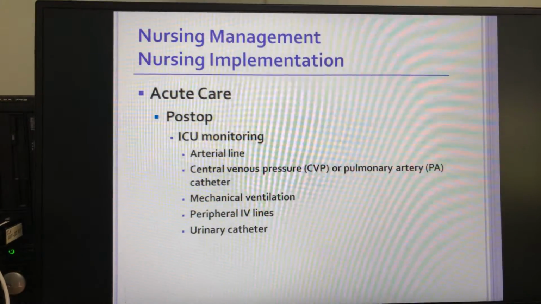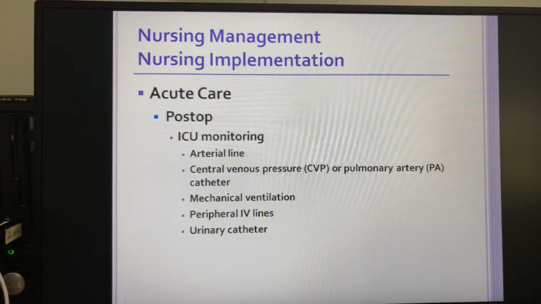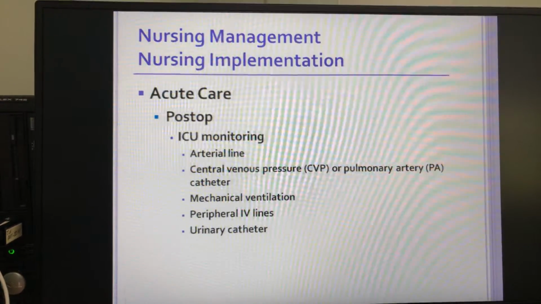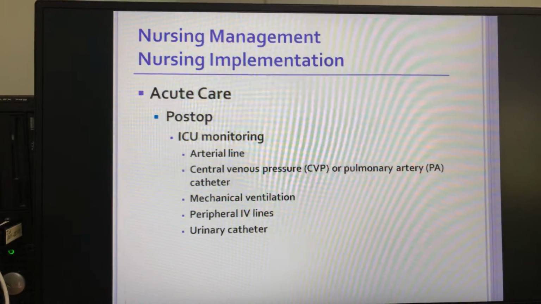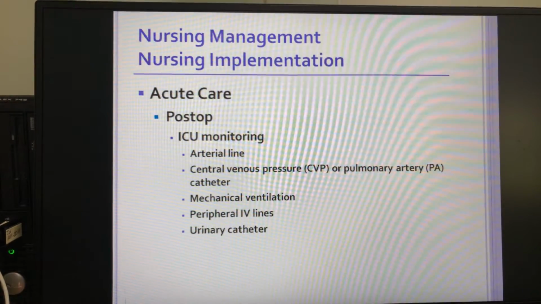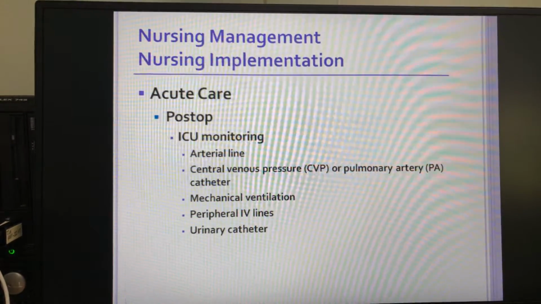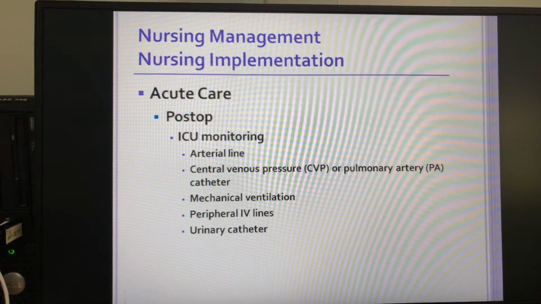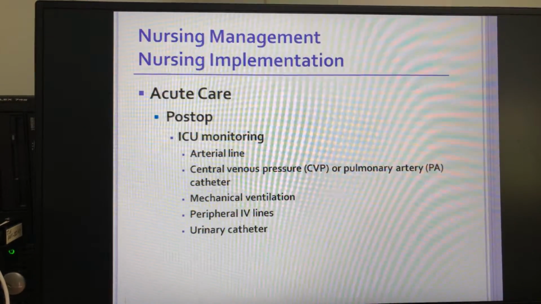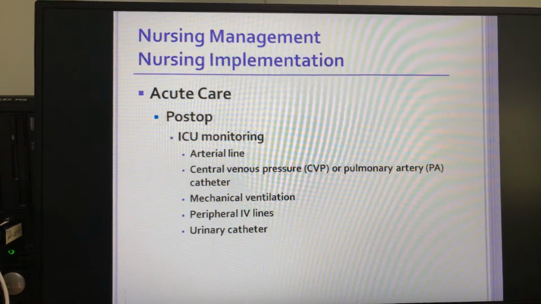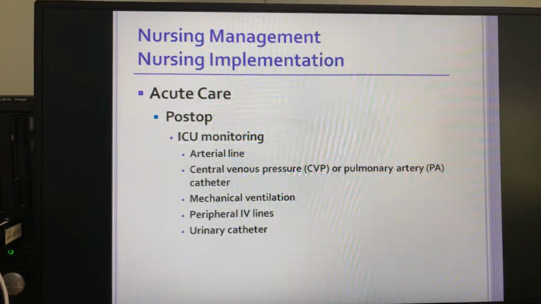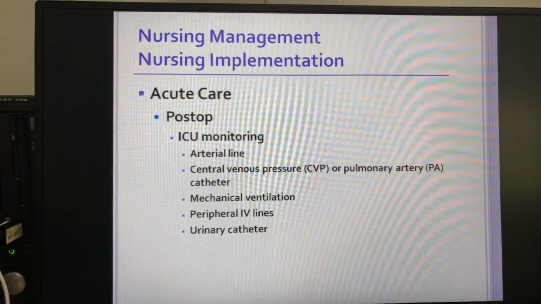Post-operatively, patients that have had aortic surgery typically go to an ICU for 24 to 48 hours for close monitoring. Once they get to the ICU, they may have an arterial line in place. They have a CVP or a PA catheter in place, may be mechanically ventilated, and have peripheral IV lines,